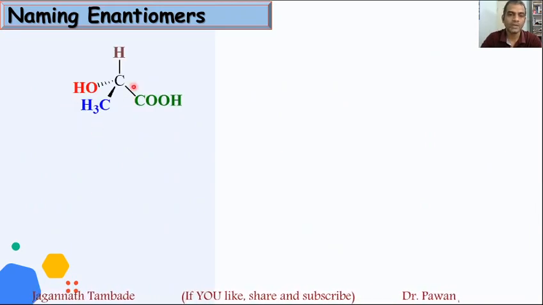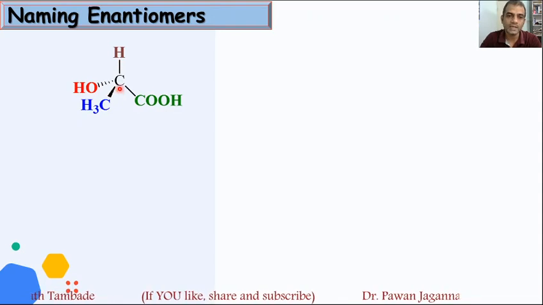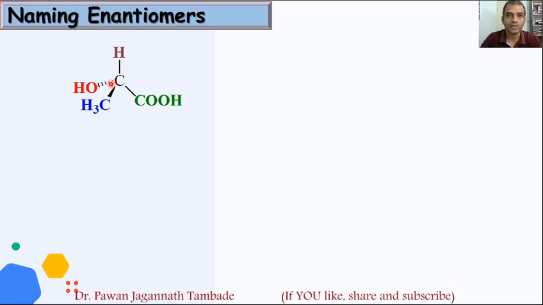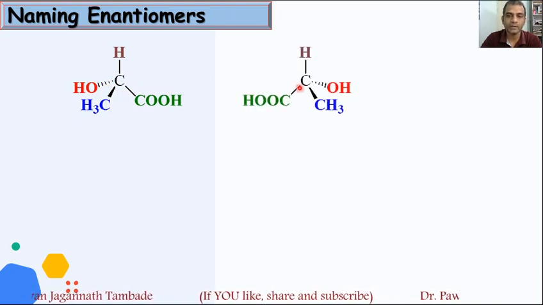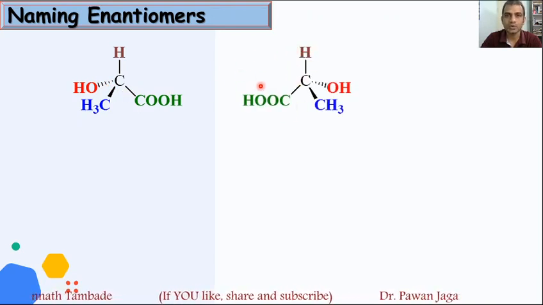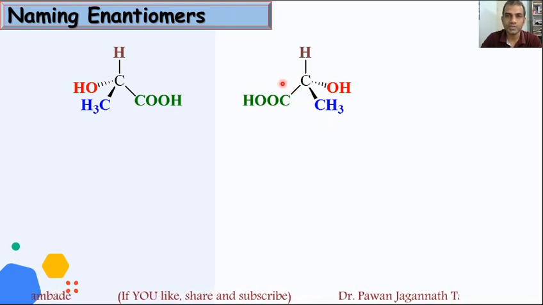Here friends, look at this molecule. In this molecule, this carbon atom is attached to four different atoms or groups. So this is nothing but a stereocenter. And if you look at this molecule carefully, you will find that there is no symmetry operation in this molecule. So this is a chiral molecule. And we know that chiral molecules are optically active. At the same time, if you look at this other molecule, it also has a similar type of structure, but there is just a difference in arrangement of atoms or groups across this chiral center.